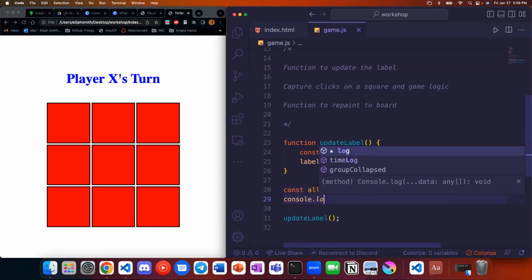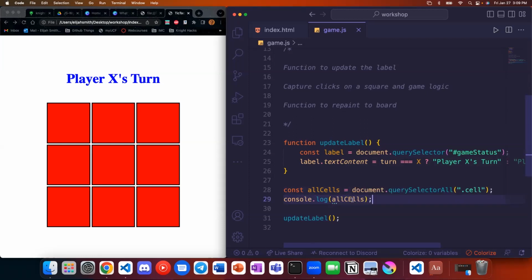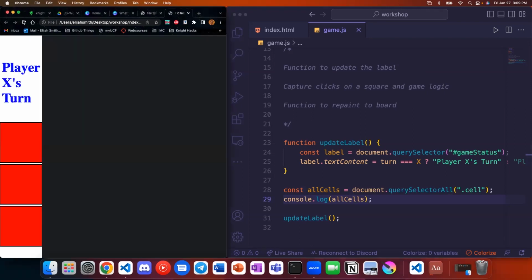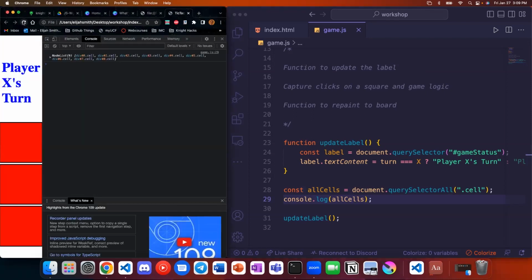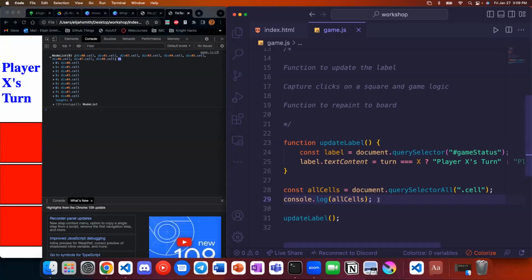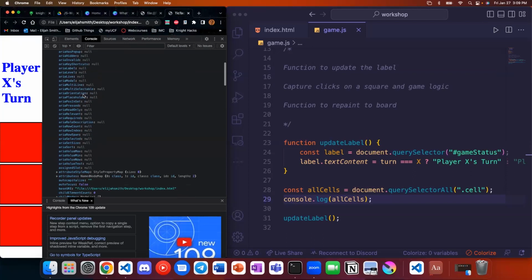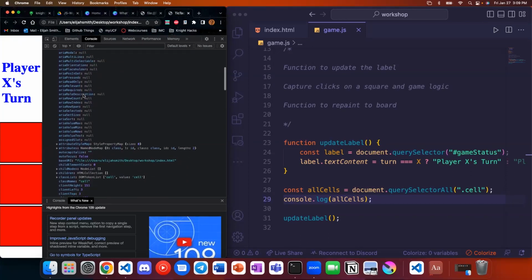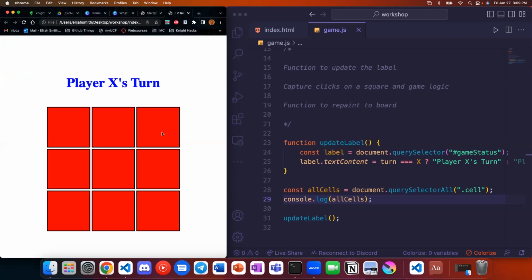If I console.log this here, and I open my console, you'll see it comes back with a list of nodes, a node being your element and all of the information that is kept about how it looks and how it operates. So if we wanted to get the first one that comes back, we could access the 0th index of this list. And then there's so many properties attached to all of these elements. You could get all kinds of things if you want to. We're not going to do that.